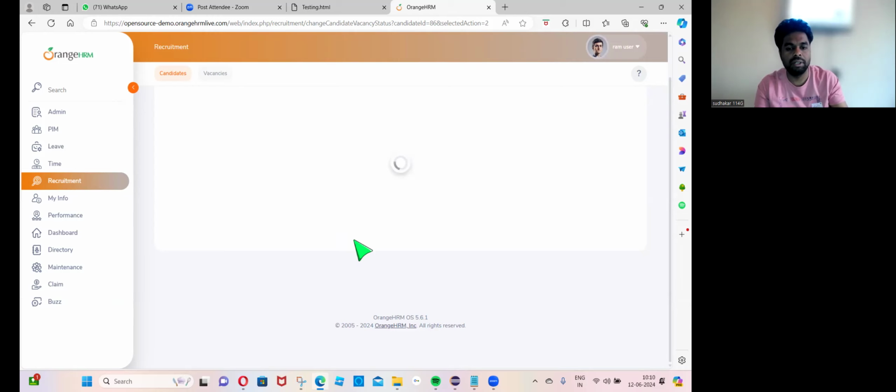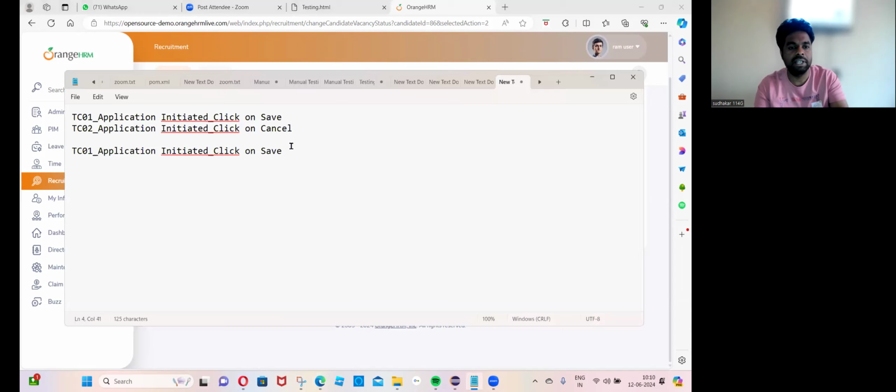So the record got created. The application status is updated from application initiated to shortlisted. Correct, so this is TC03. If I have to test it for cancel as well,